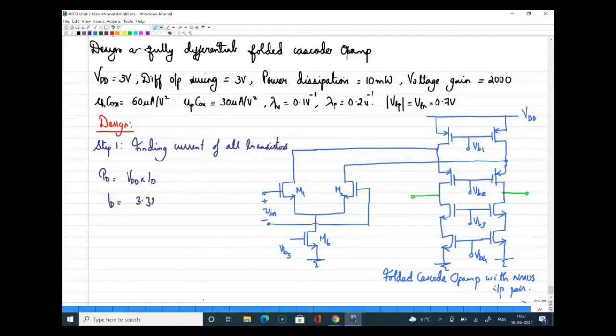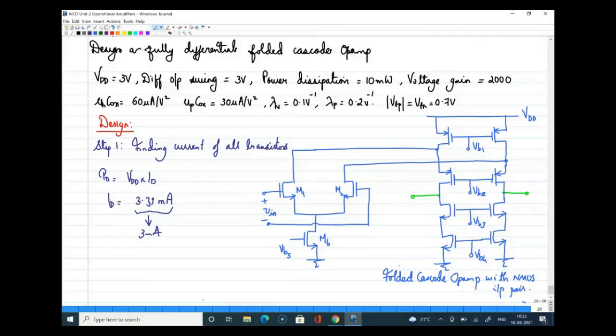Now with this current we need to work out how to split it, or how to allocate the current through all the transistors in the circuit. As I mentioned before, if you have 3.33 milliamps as the maximum current, we will not use the entire current for the main circuit. The main circuit now has two branches: on the left side the input pair, and on the right side the cascode transistor. It is usual practice to allocate some current for the biasing circuits that we keep aside. So as of now, out of this 3.33 milliamps, I am going to consider only 3 milliamps for my design. That is the starting point.